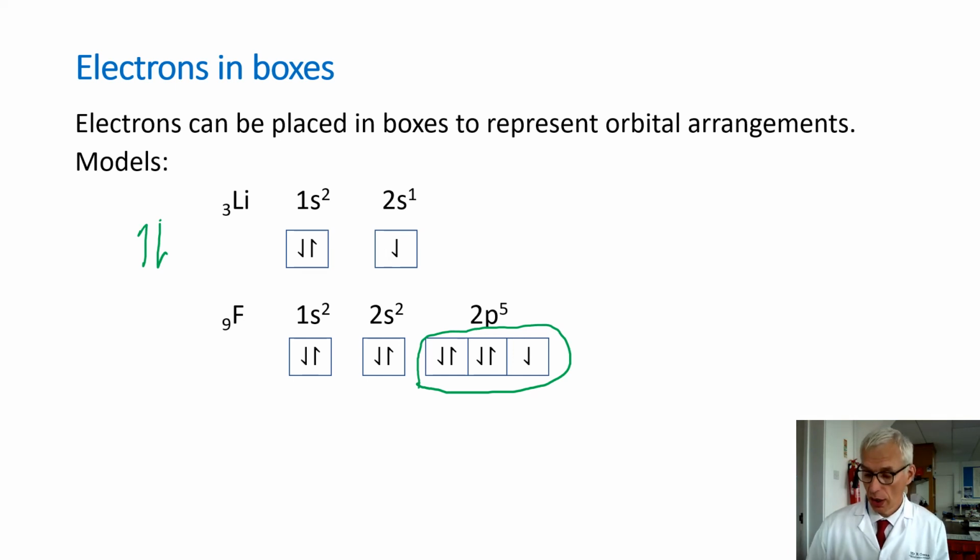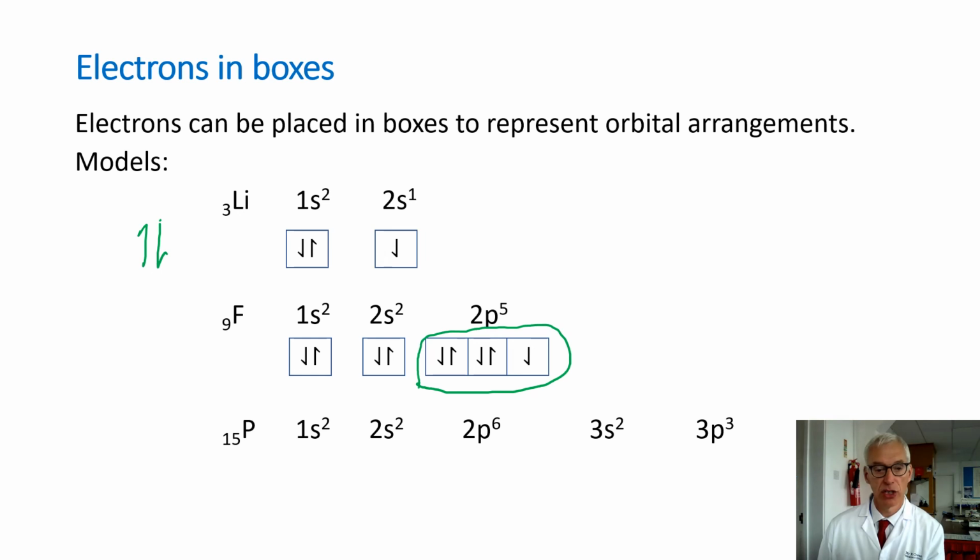So, have a look at the next problem. Phosphorus. Now, there's a couple of issues that arise with phosphorus, but if you make an attempt to draw the electrons in boxes notation configuration for phosphorus, attempt that and then come back and view the answer when you are ready. Okay, so